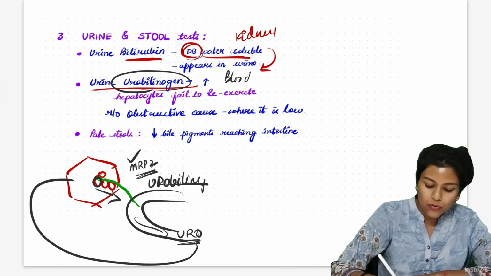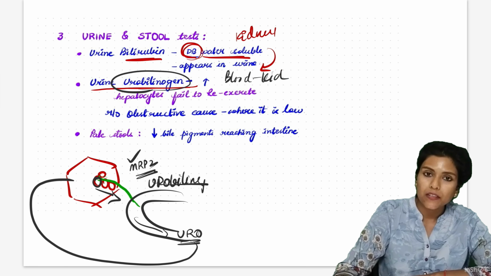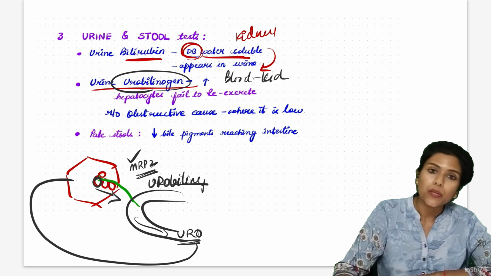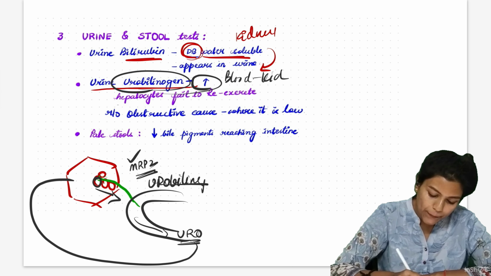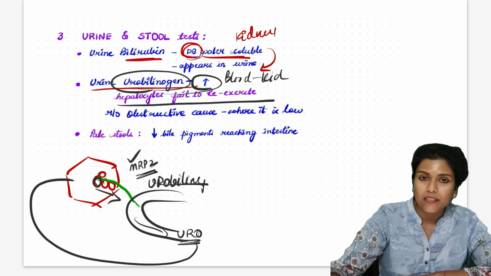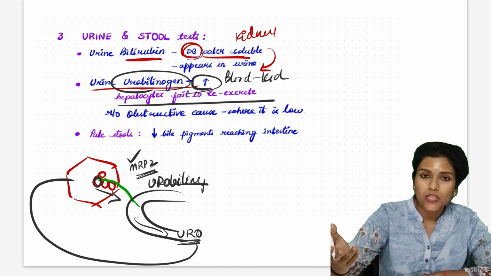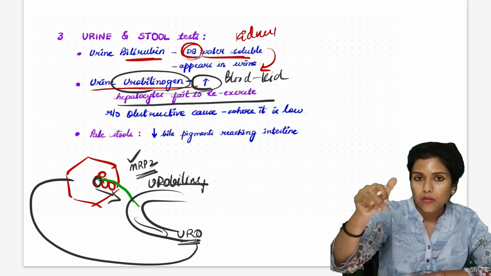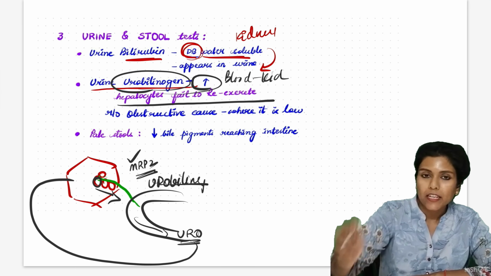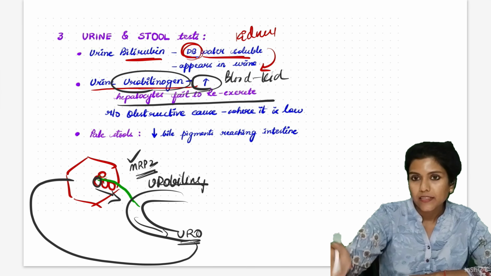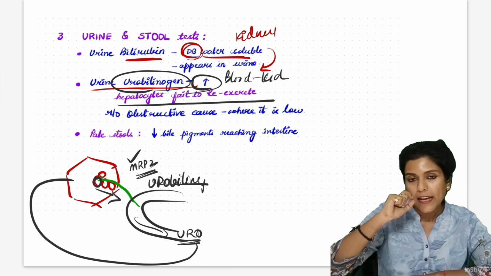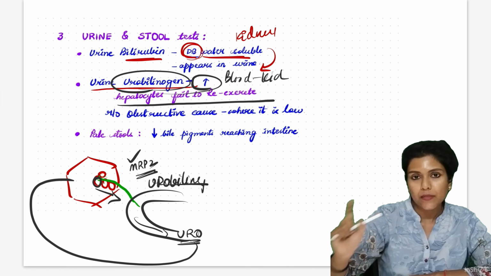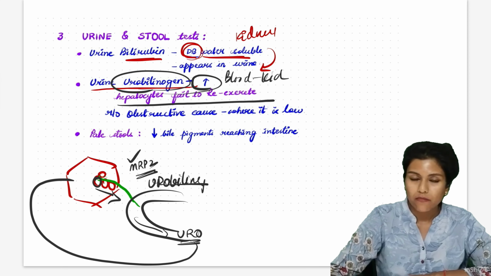Again, from blood it will go to the kidneys. From kidneys it will appear in urine. Therefore, urine urobilinogen levels will rise, because hepatocytes fail to re-excrete it. One time conjugated bilirubin will be excreted, urobilinogen is formed, and again it will be taken up but unable to re-excrete into the bile because it is impaired. The excretory transport mechanisms are impaired, completely shut down in viral hepatitis,